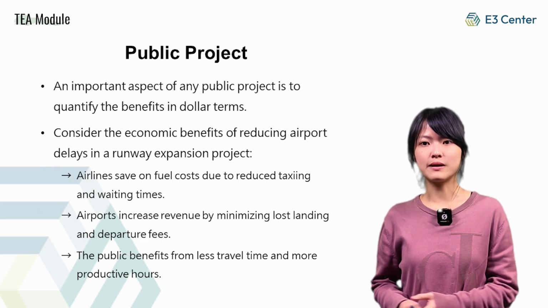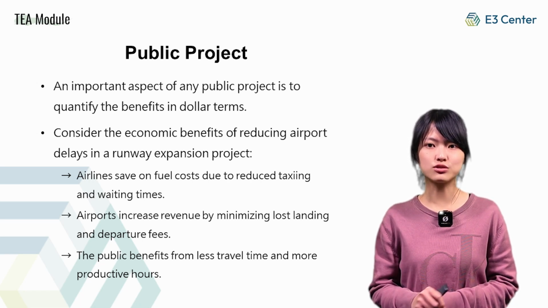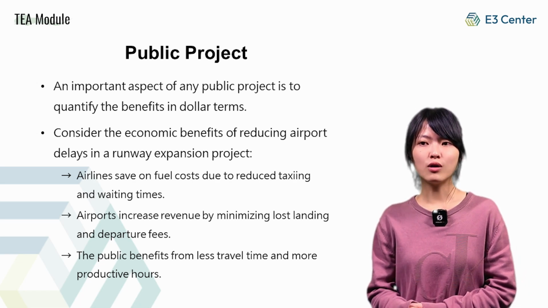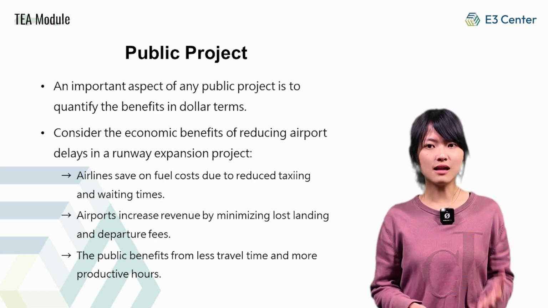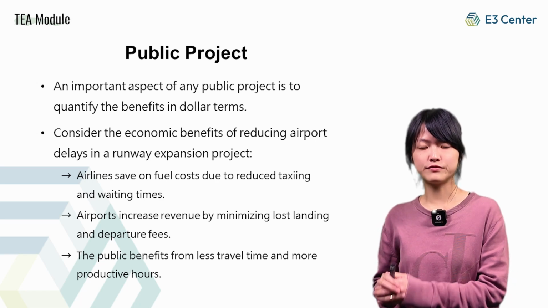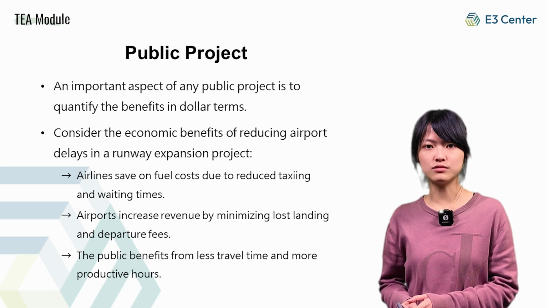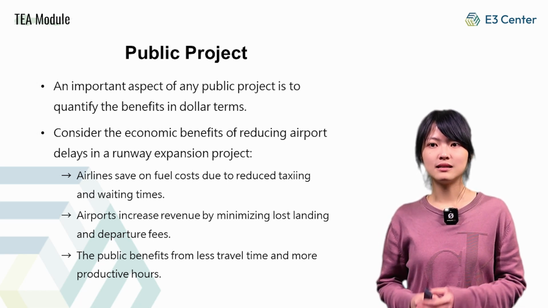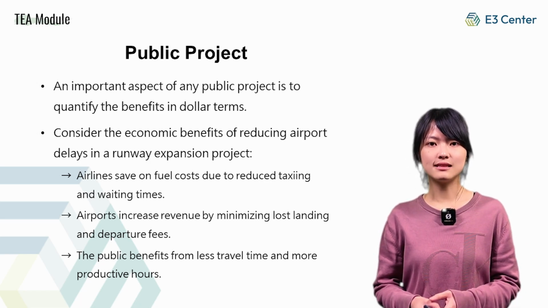An essential aspect of evaluating public projects is quantifying their benefit in financial terms. For example, in airport runway expansion, what are the economic benefits of reducing airport delays? From the airline's point of view, taxiing and arrival delays mean added fuel cost. From the airport's point of view, delays mean lost revenue in landing and departure fees. From the public point of view, delays mean lost earnings, as people spend more time traveling and less time earning